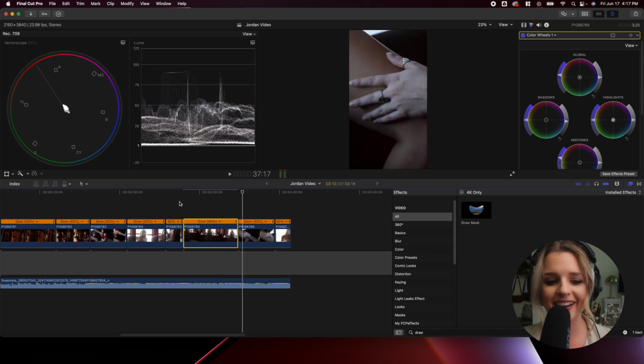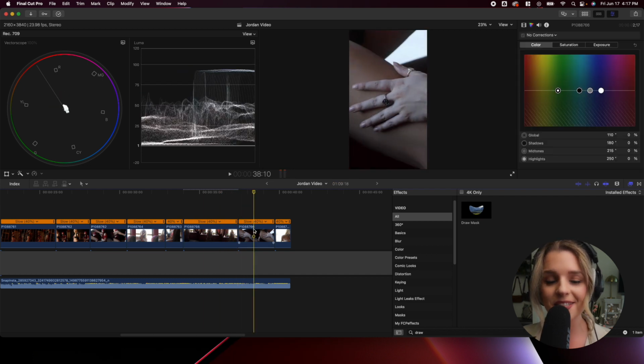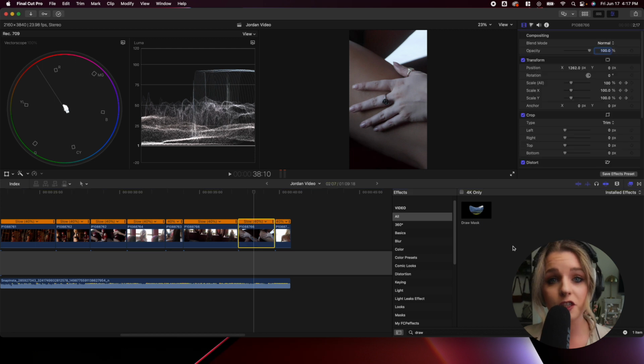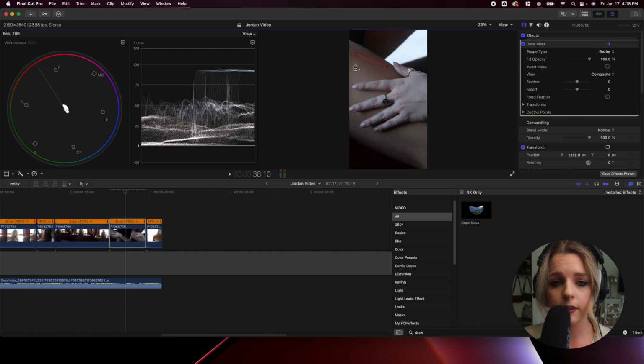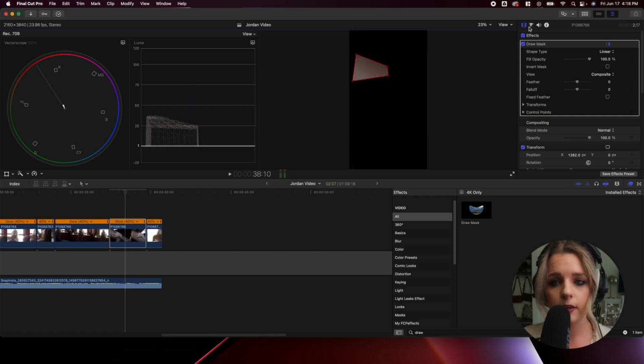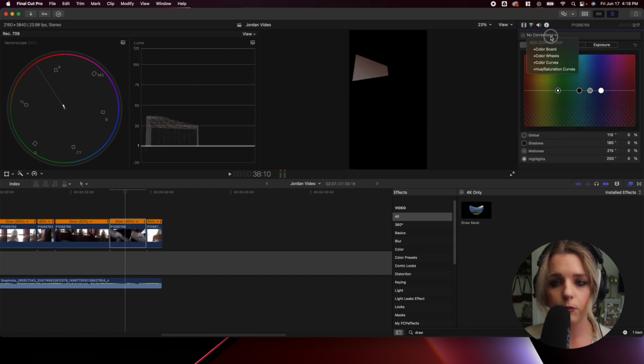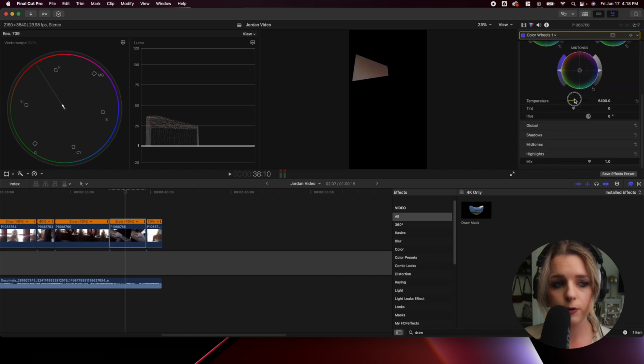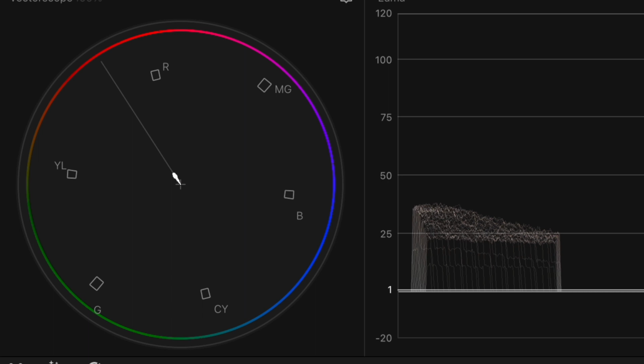That looks great. Okay, so second to last clip, guys. We are almost done. I'm going to go ahead and check the skin tone. So I'm going to be double clicking on this draw mask. And for this, I'm going to be clicking on Jordan's leg right here. And it looks like it actually needs a little bit more warmth. So I'm just going to move that on over. And as you can see, it is right on the line on the vector scope. So we should be good.